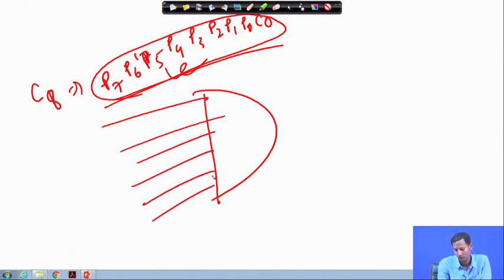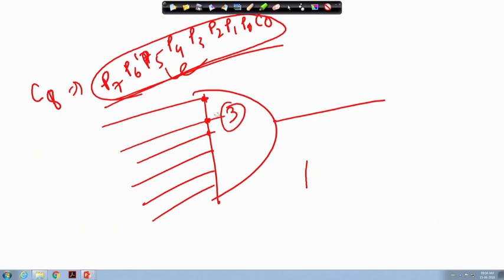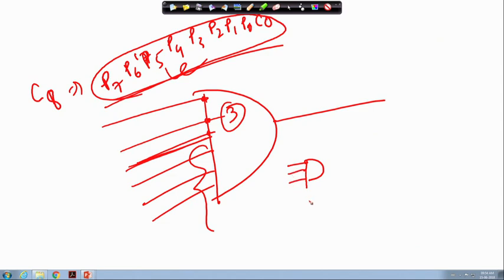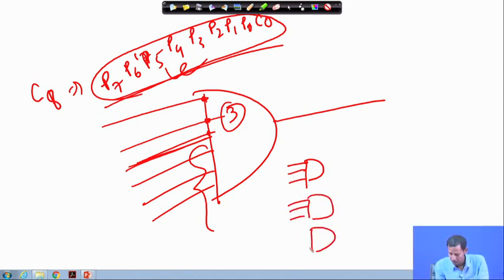So, 9 input AND gate. That is why I said there is a fan in and fan out dependency, because for this gate, if the maximum fan in is 3, it can take only 3 input bits, it cannot take 9 input bits. So, if I want to do this ANDing operation using 3, what will happen? 3, then again 3, then again 3.